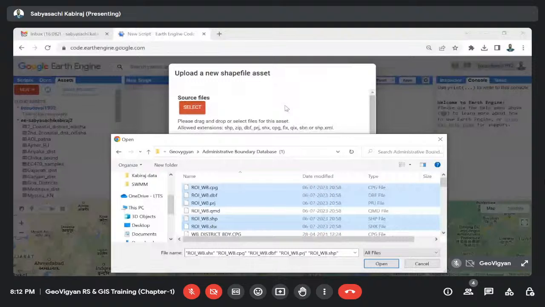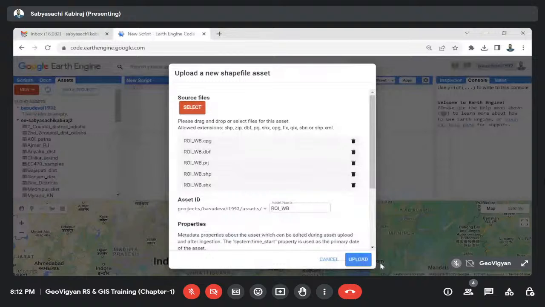So for example, now these 5 different types of file formats I have selected, and if I click on open, you can see there is no error, it has taken. Now I have to put the name alone. But in the case of,